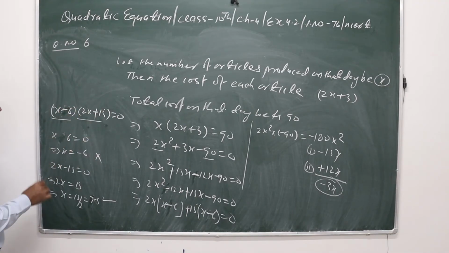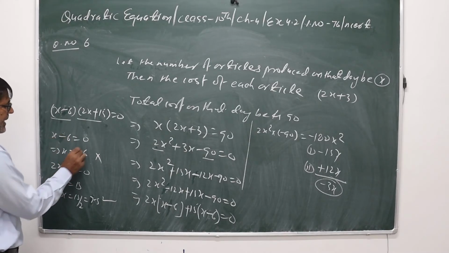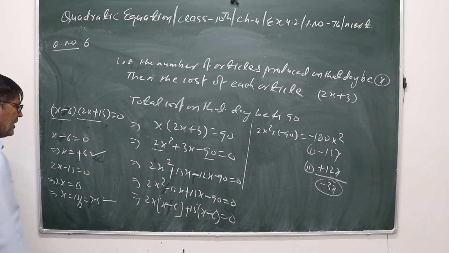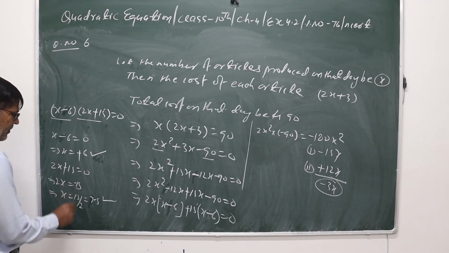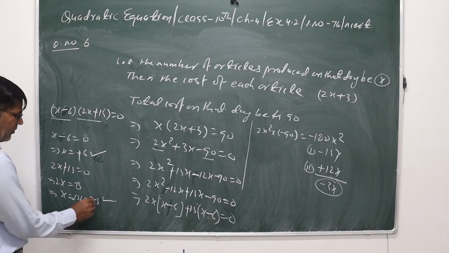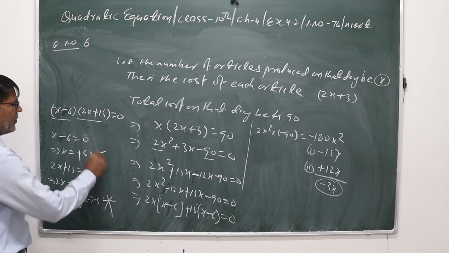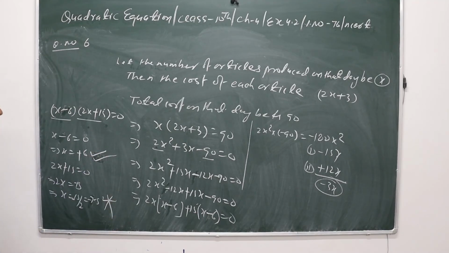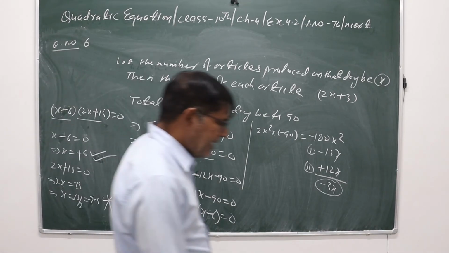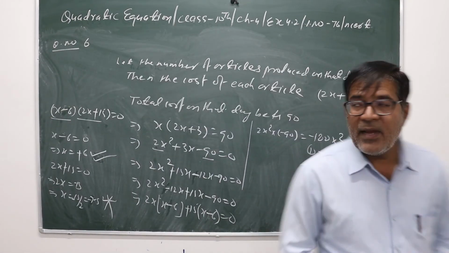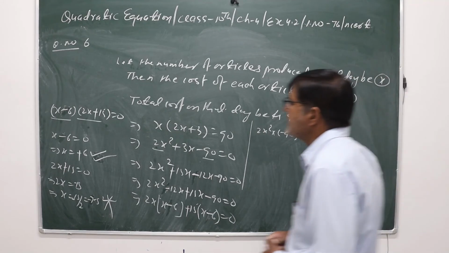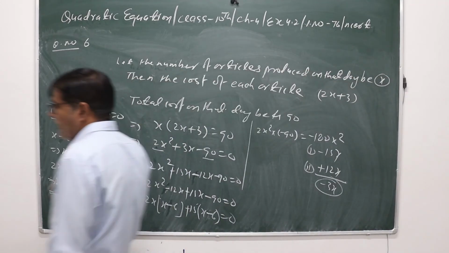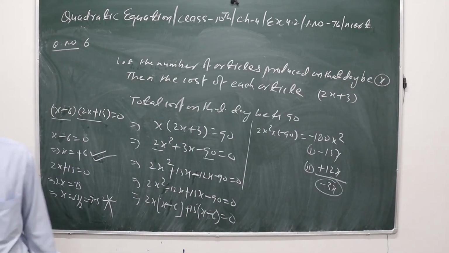So minus 6x will be, so number of commodity will be 6. यहाँ पर this will be minus 15, so minus 15 by 2, that is minus 7. This is not possible. So number of article on particular that day, the factory will produce 6 article. So please pause the video and note down.